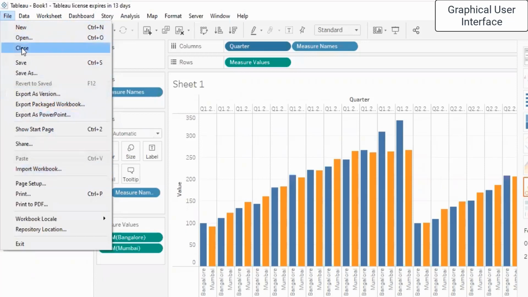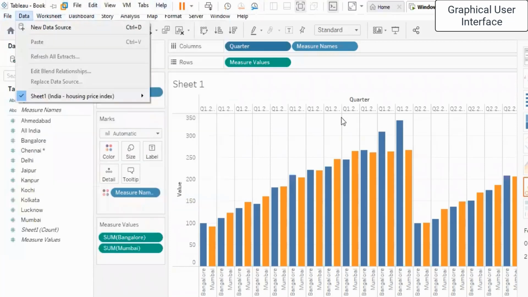Most of these are regular features. You open, you save it, you take an exit, you close it, you can take the print. So these features are always going to be standard of whichever format or whichever file, whichever software you work upon. So that is one thing, and then that is followed by